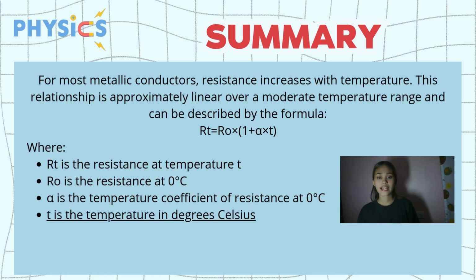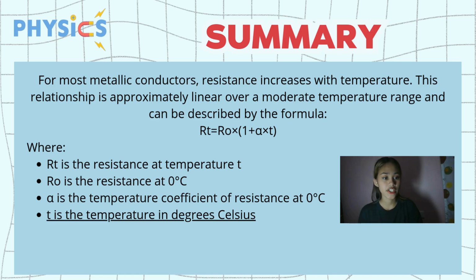For most metallic conductors, resistance increases with temperature. This relationship is approximately linear over a moderate temperature range and can be described by the formula: the final resistance equals the initial resistance times 1 plus the coefficient times the temperature change, where